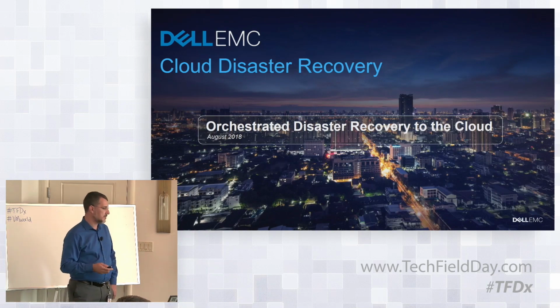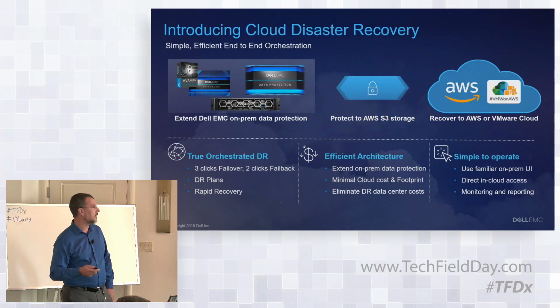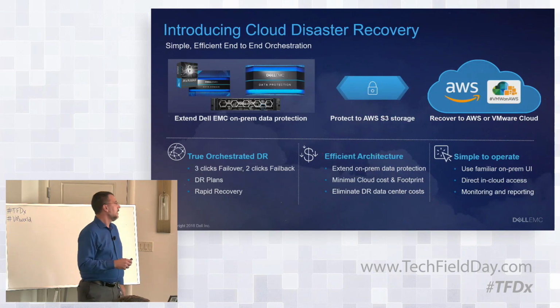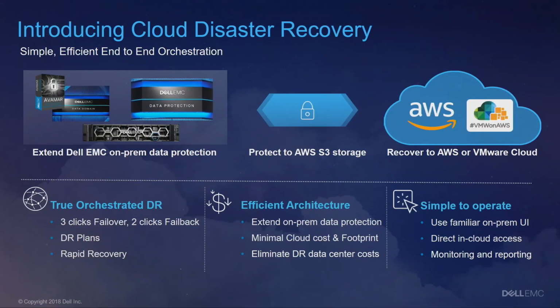So we'll go through the technical slide, and we'll also talk about and have a short demo talking about our direct flow into VMware Cloud on AWS that we're releasing as well. So from a use case perspective, thinking about extending the value prop of the IDPA or Dell EMC data protection, leveraging cost-effective S3 storage with minimal orchestration components running in the cloud until such time as you need to do test or failover, or if you're doing failback operations, giving you very quick and efficient fail-in and fail-back operations,